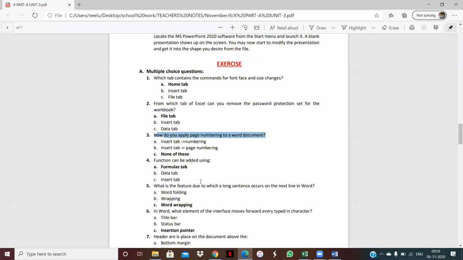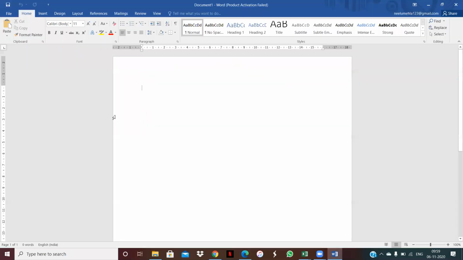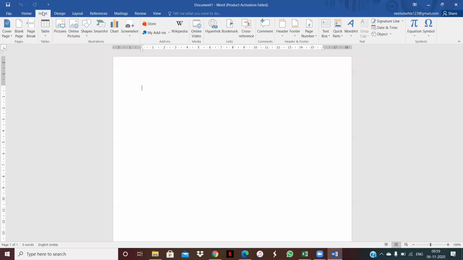First option is insert numbering, and the second one is insert and page numbering. I'm clicking on the Insert tab. Is there any page numbering here? You can see here is no page numbering.